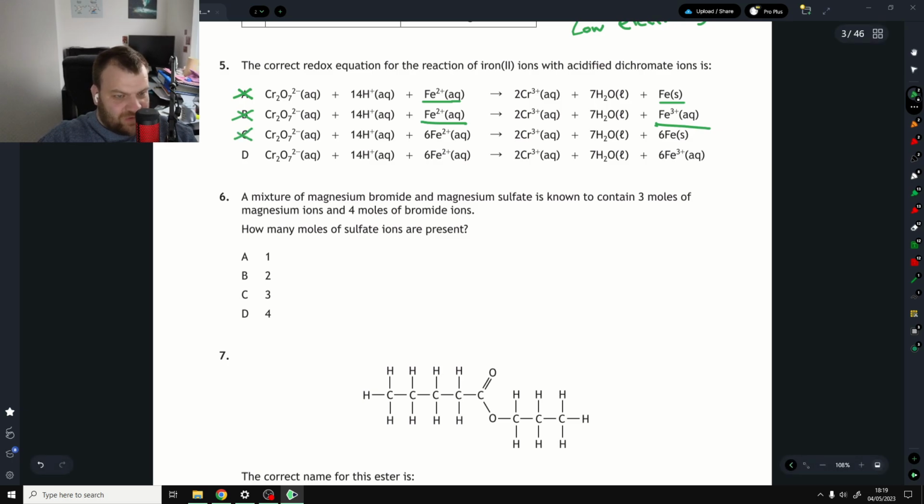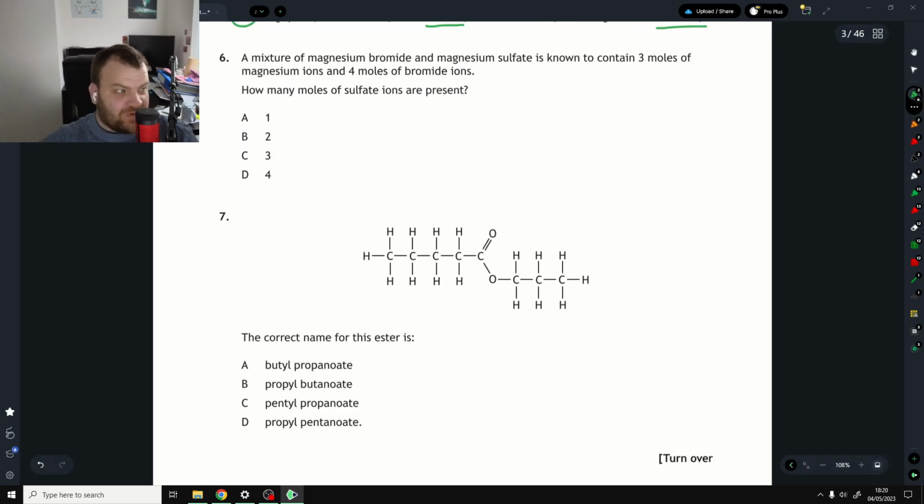That's going to rule that one out. Whereas D has going from 2 plus, 3 plus. There's 1 electron involved, and we need to times it by 6 to get the 6 in total that we need. If you're dealing with a question about how many moles of an ion there is, you have to first